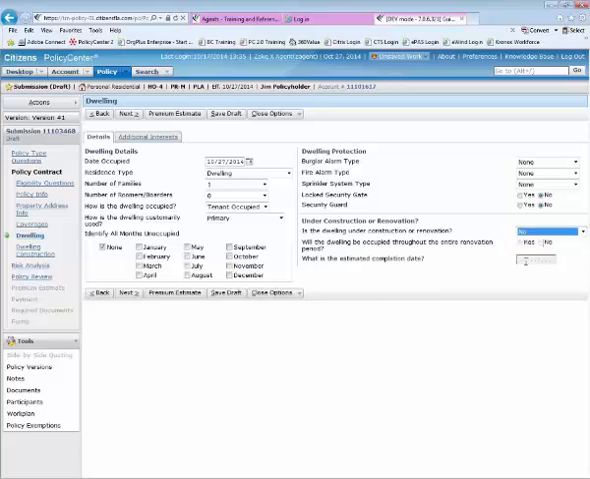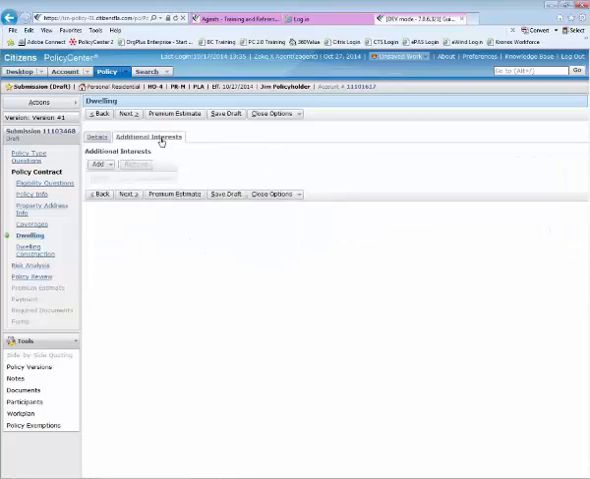Not eligible for coverage in Citizens Personal Lines policies. So we're going to answer no there. This is also where, if we had a mortgage holder, we would add that under this additional interests tab. If the mortgage holder were in the address book, we'd simply click Add from Address Book